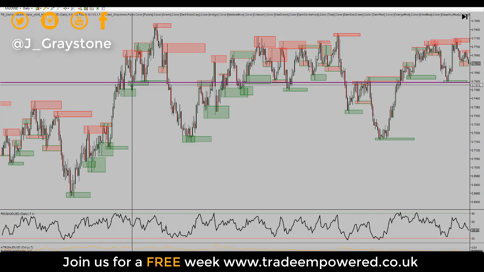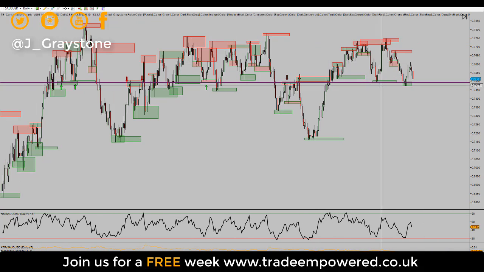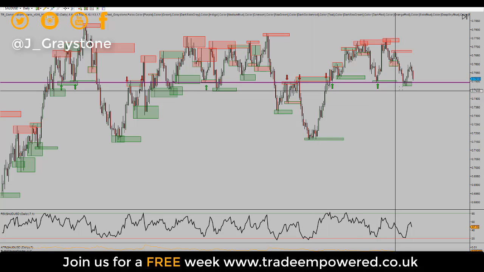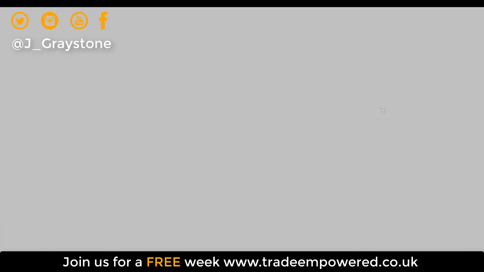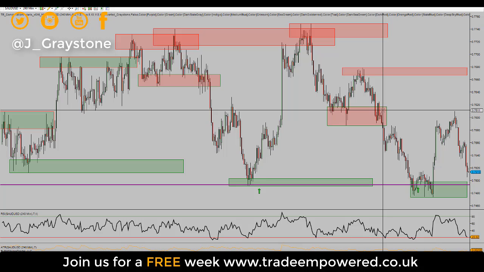You see it's been tested multiple times in the past. Each time it's tested, we see some kind of reaction, a hold at that level. You can see we had support here, resistance here, support here, and we're pushing down to that level again. If we test that level again, the chances are we're going to see a reaction again. If it happened in the past, it's likely to happen again. So as we drop down to our trading time frames,